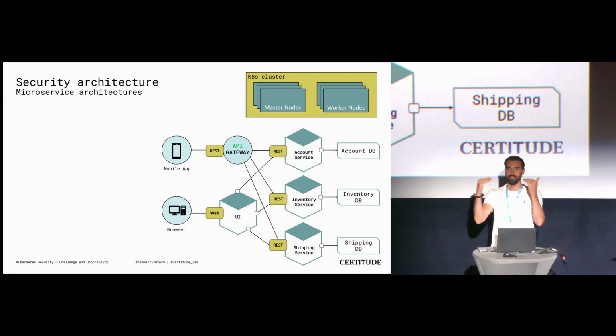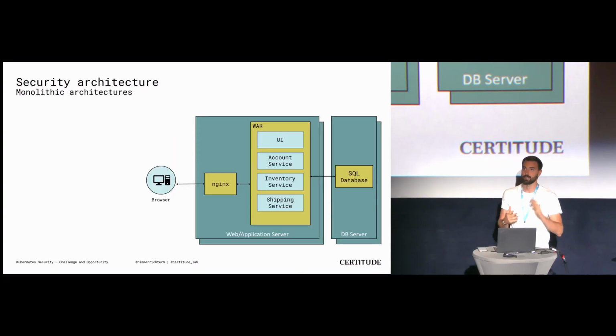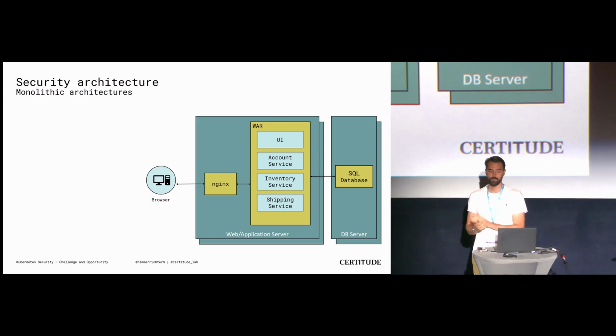So actually our security requirements have risen. We really want to isolate the different components. And this is really something that's an advantage in terms of security that we get with Kubernetes. We have all these smaller environments, these smaller services that have some level of isolation between them. So if, like here, the account service was compromised because there was an issue in the API that led to code execution, then the attacker would have code execution on the whole web application server. So with all its components,